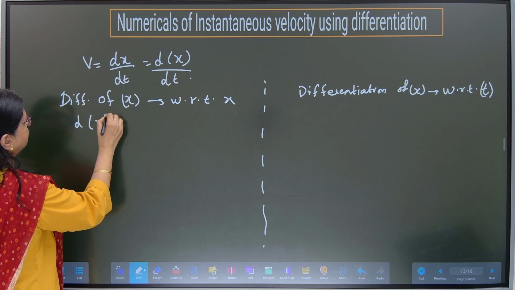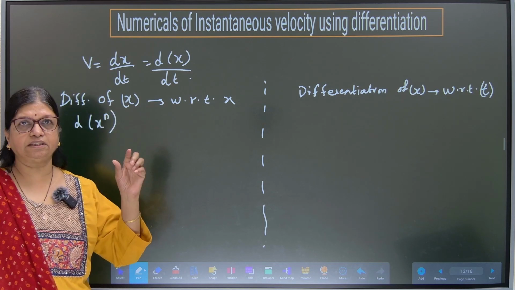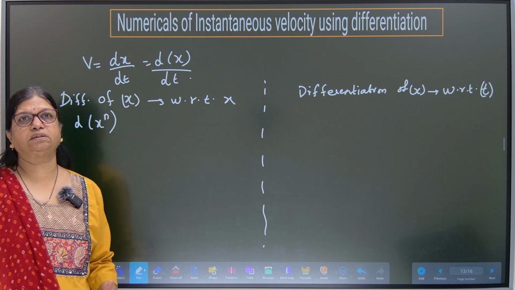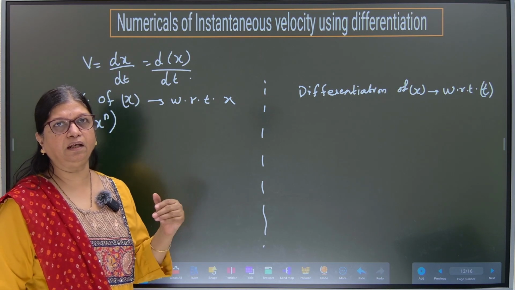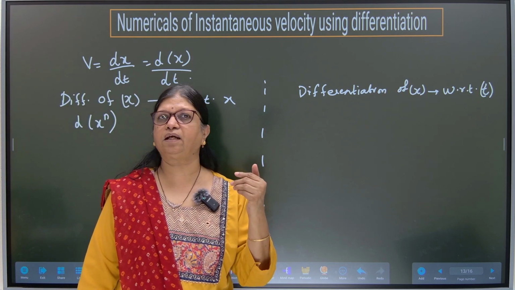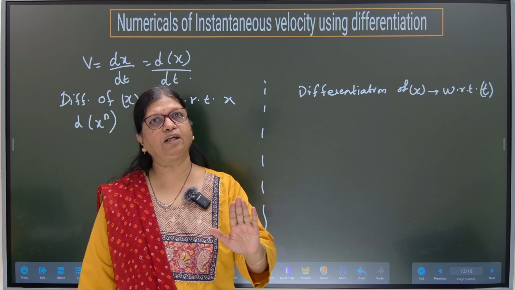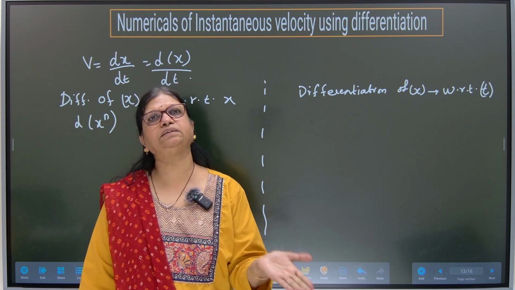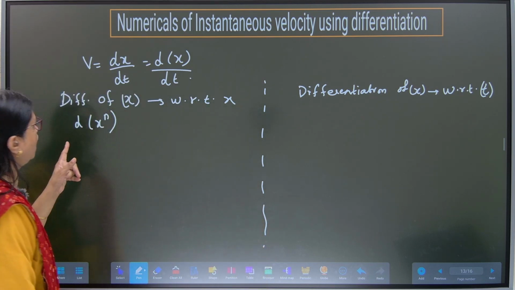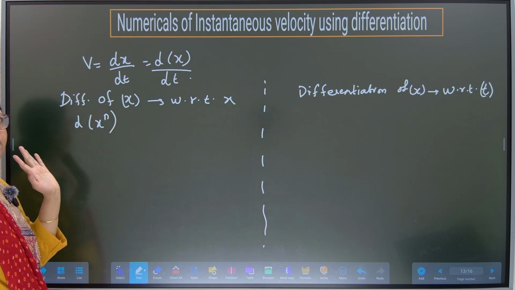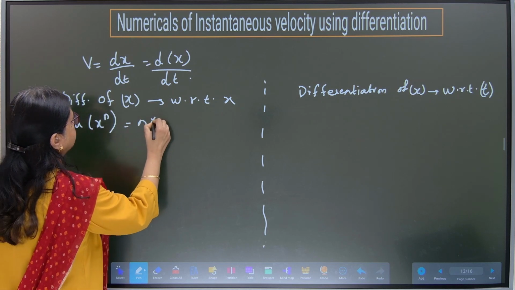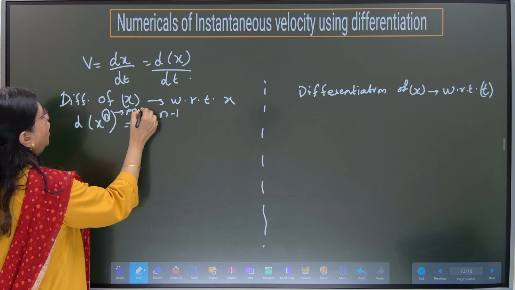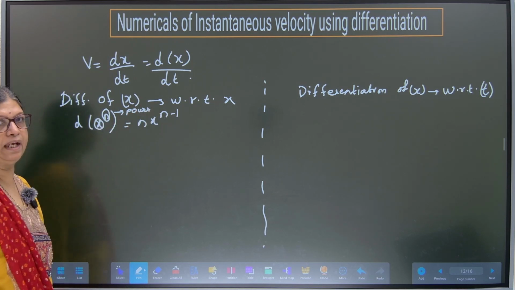Now let me take differentiation of x raised to n. How to read this? This is the first maths concept which you are actually learning to solve physics. Normally teachers teach it in the beginning of the curriculum itself, but I am a kind of teacher who teaches that much maths when required, there itself, so that it is easier for you to apply. Fine? Okay. So now how to read this? Differentiation of x raised to n. Formula nx raised to n minus 1. Now what is this n here? Power of x. Agreed? Variable.